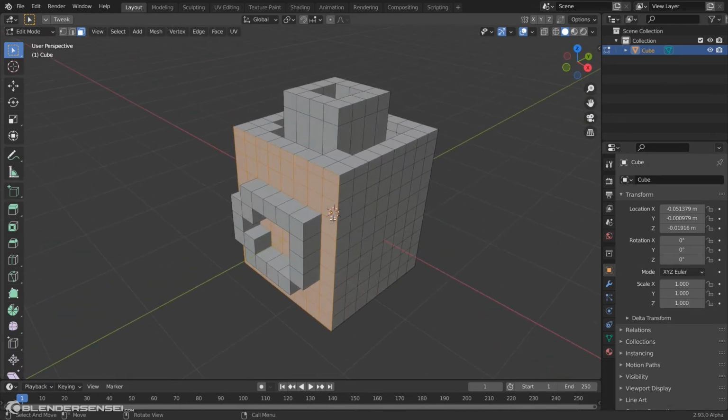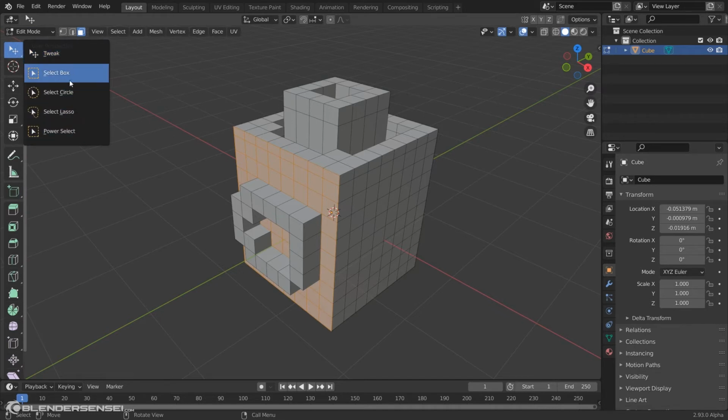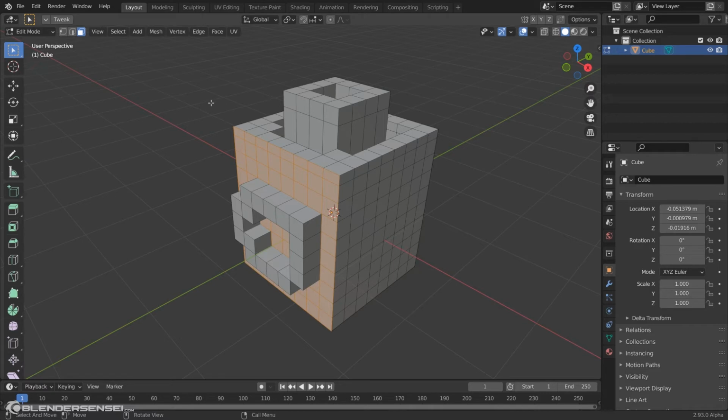And that's really useful. Power Select lets you get real granular with your workflow for that week. Rather than having to cycle through by pressing W or coming over here and manually selecting a different selection method, Power Select will remember what mesh selection modes you want tweak on and you want it off. As you can see, as I press the default hotkeys 1, 2, and 3 to cycle through the different mesh